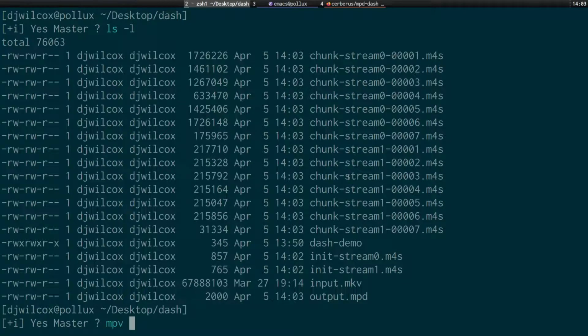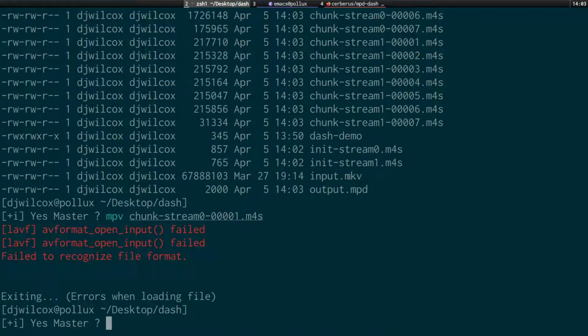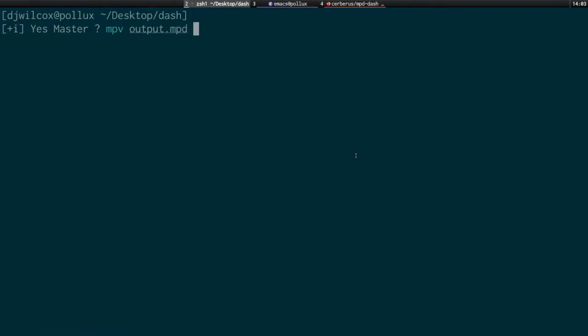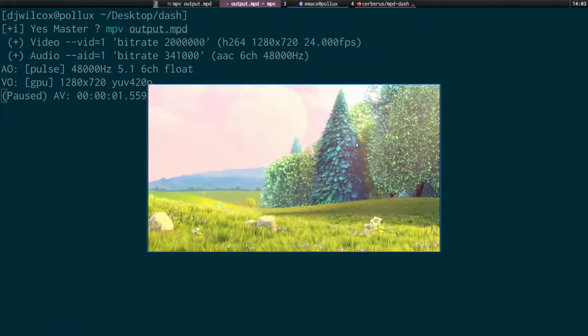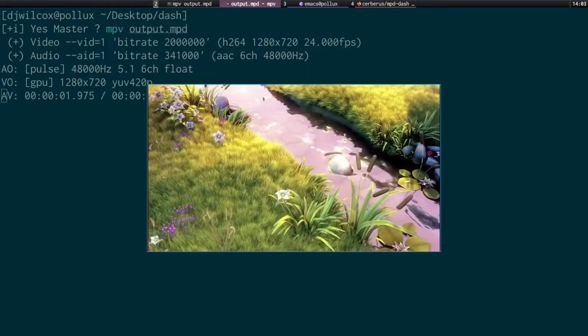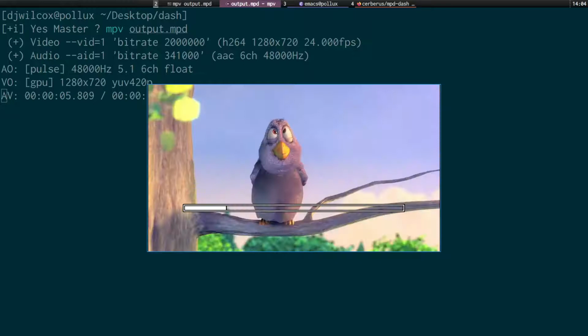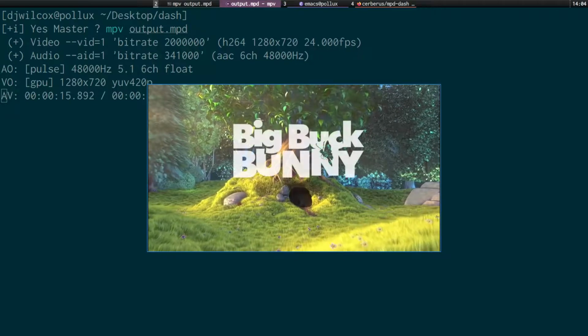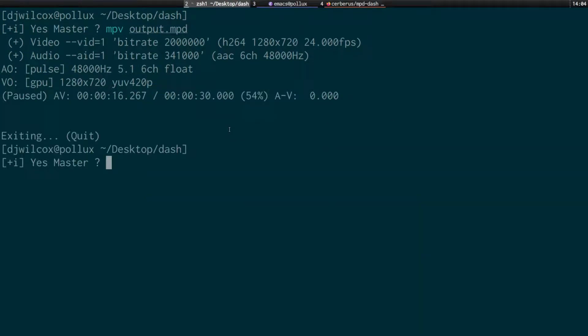So if I were to actually play, see here it's not actually playing it, so let me just see if it actually worked. Yeah, there we go. So what you can see here is the size, 1280 720. We've got the audio rate set, and what it's doing is basically playing all the chunks sequentially, one after another. So that's how we can create a .mpd file really easily using ffmpeg